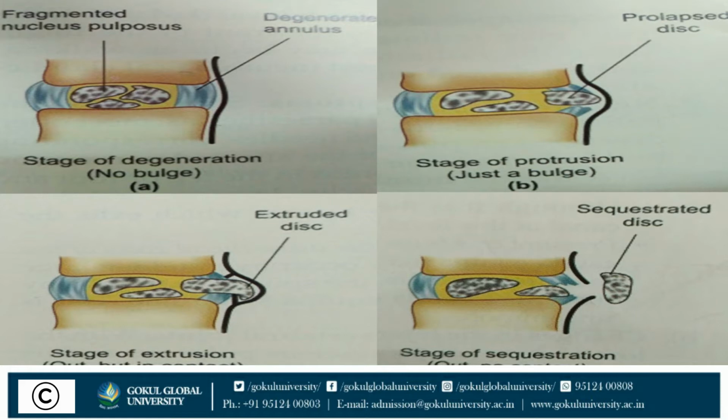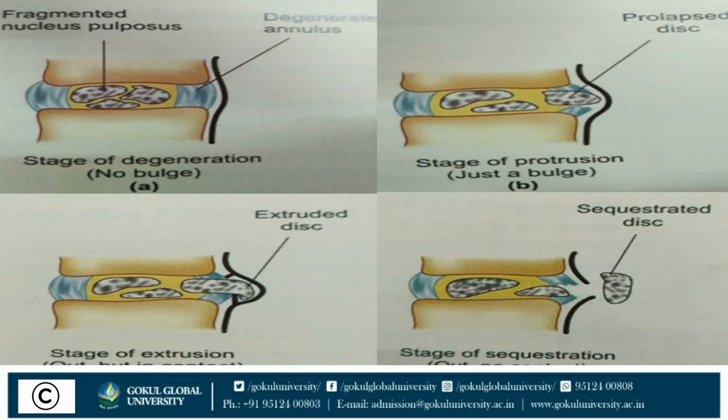Now, what is nucleus displacement? The nucleus is under positive pressure at all times. When the annulus becomes weak, either because a small area of its entire thickness has disintegrated spontaneously or because of injury, the nucleus tends to bulge through the defect. This is called disc protrusion. This tendency is greatly increased if the nucleus is degenerated and fragmented.